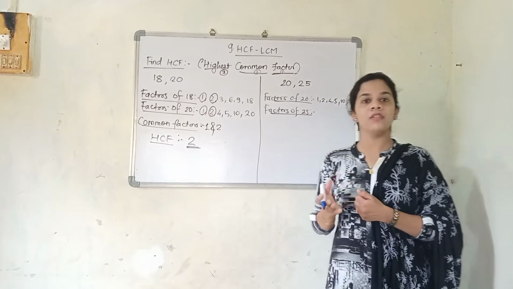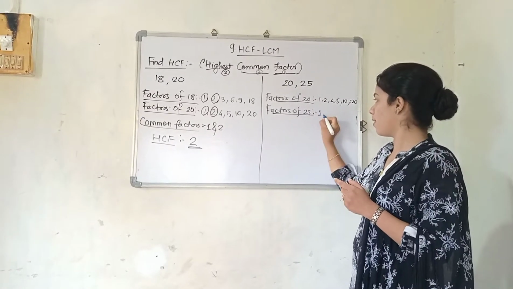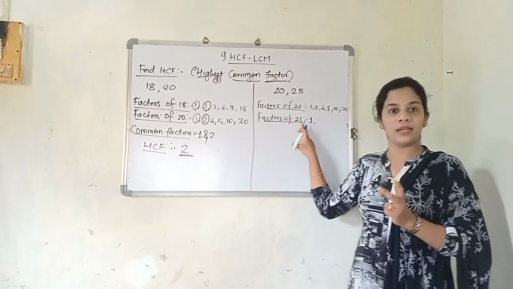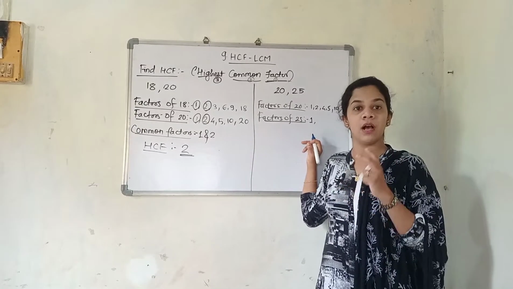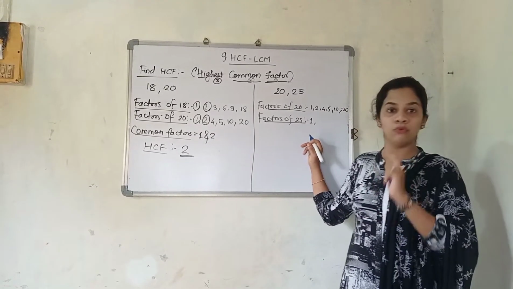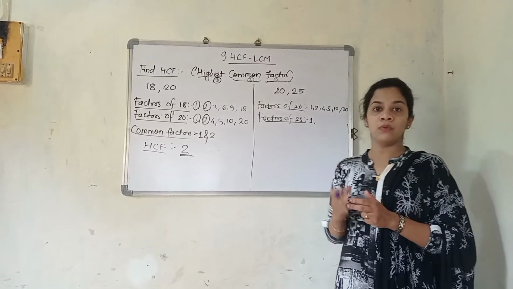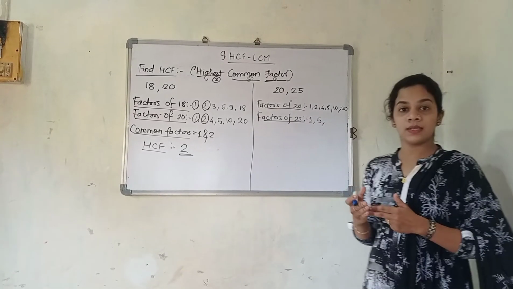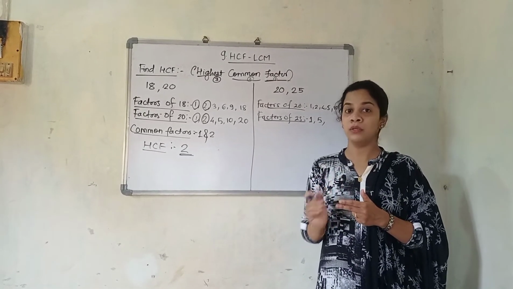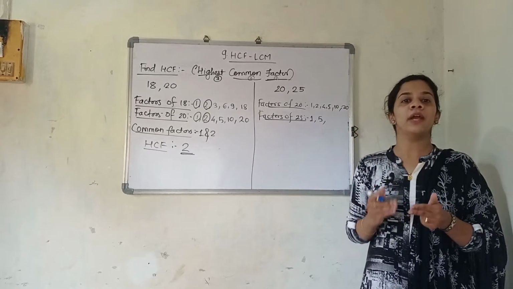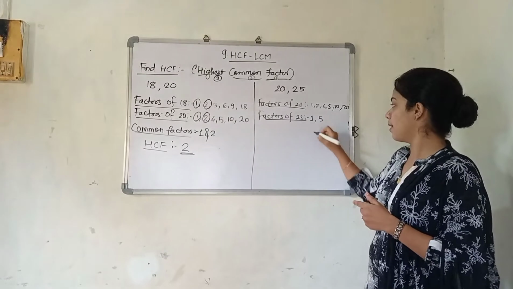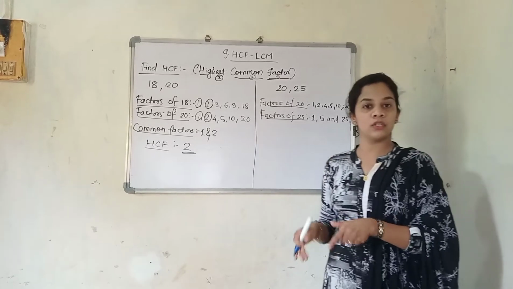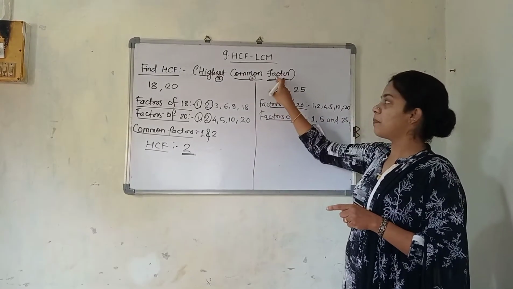The factors of 25, we will start from 1. 1 will surely be a factor of 25. In 2's table does 25 occur? No, because here 5 is present and the divisibility test for 2 tells us that if 0, 2, 4, 6, 8 comes at the unit place, then only it is divisible. So 2 will not be a factor. 3's table? No. 4's table? No. 5's table? 5 5s are 25, so 5 will be a factor. 6, no. 7, no. 8, no. 9, no. 10, no. After that you will not find any other factor except 25. So 25 will be the next factor, in which 25 occurs. 25 ones are 25. Now our first part, the factors, is over.